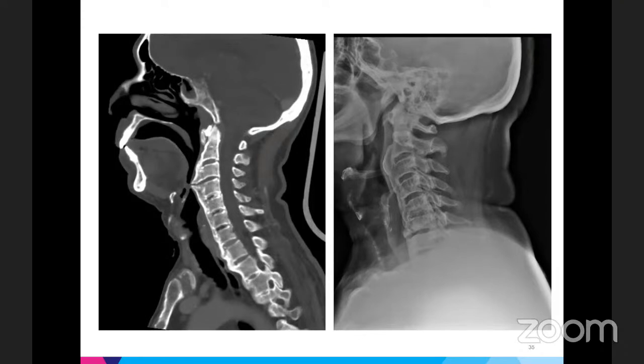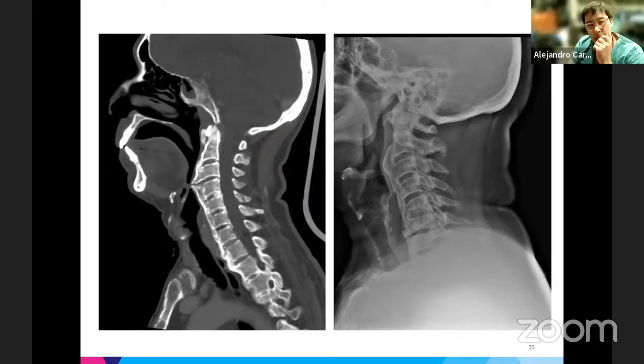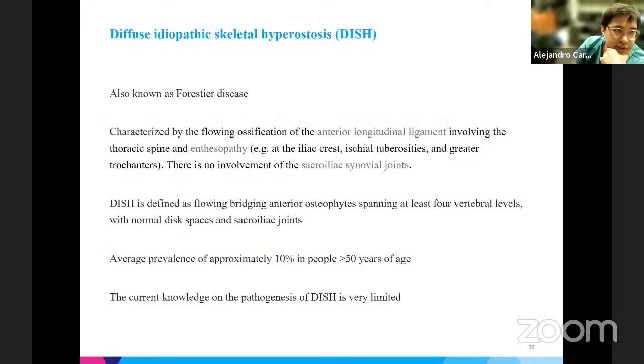You can see at C, well, he's got tons of DISH anteriorly. He's got a fracture at C3-4 through that ossified anterior longitudinal ligament. Yeah, that's right. So rather than the PLL being ossified, here the ALL is severely ossified, and as you said, this